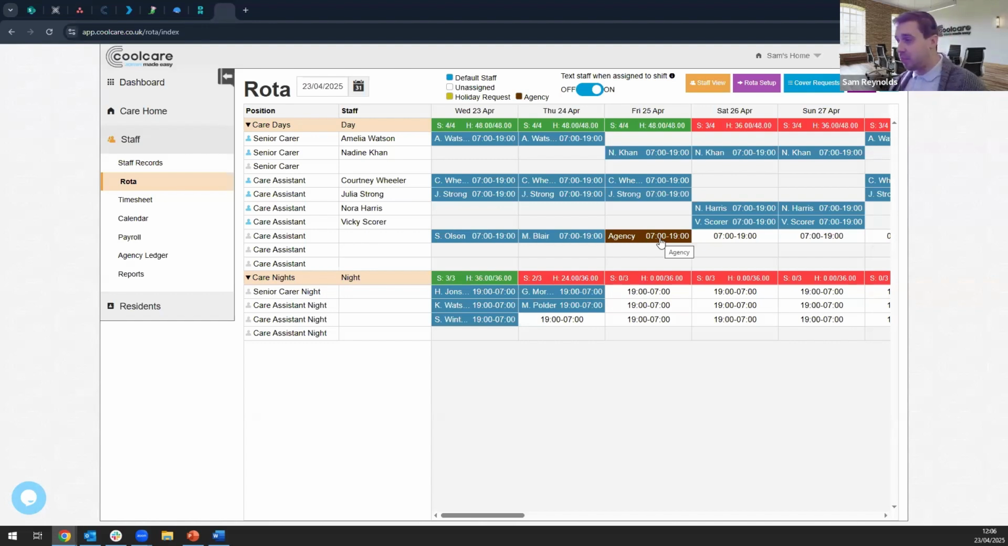do something about them. So in this example here, let's say I've got a staff member that can do this shift already, so I don't need the agency in there anymore. I might have asked around the home, found someone to do it instead, rather than having to rely on the agency in there. If we click on that shift,